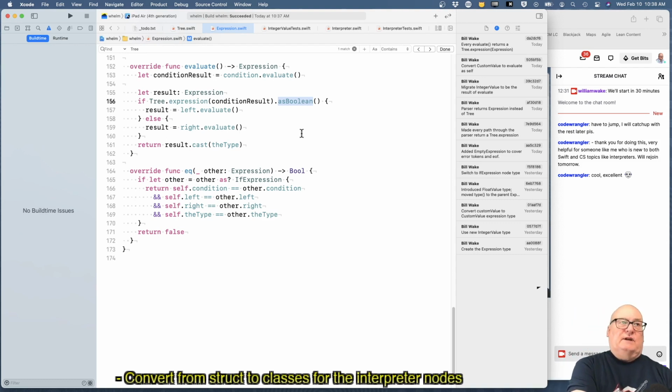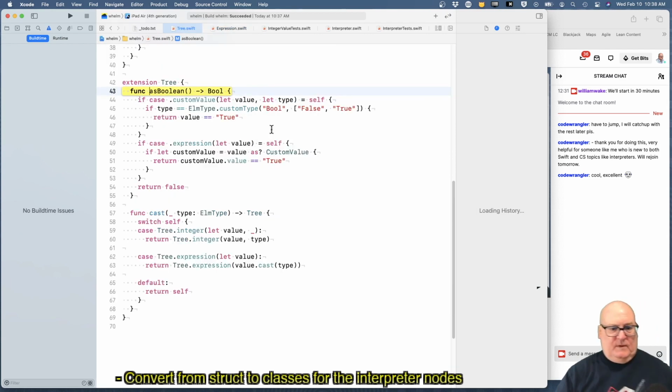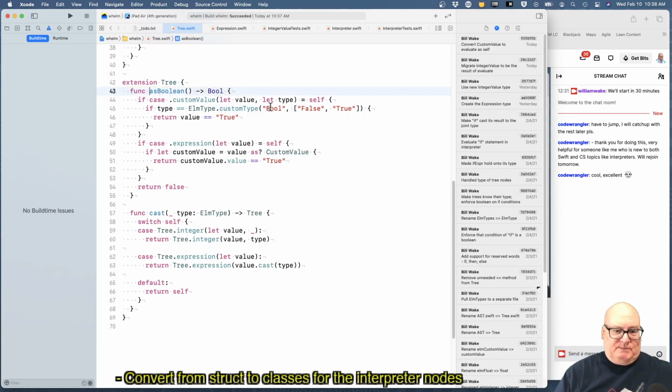It says I'm a string value out of this possible set of values, and as Boolean says, okay, well, I know you must be bool custom value true false, right? And if you are, then return whether you're true or not. Now, if you're not, if you're the wrong type, we just default to false and let things move on. I think that's probably